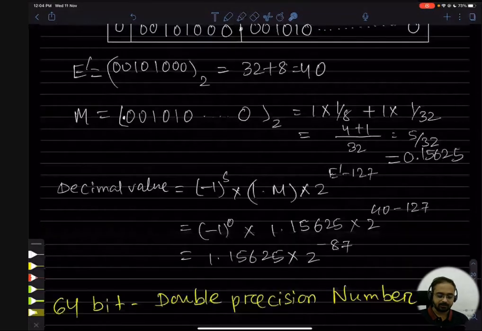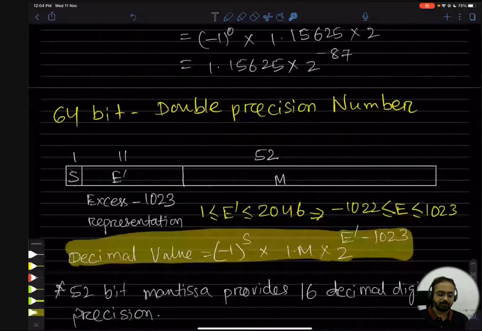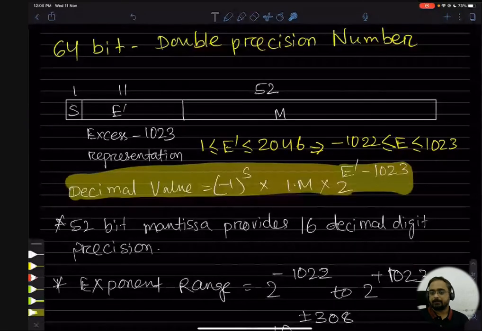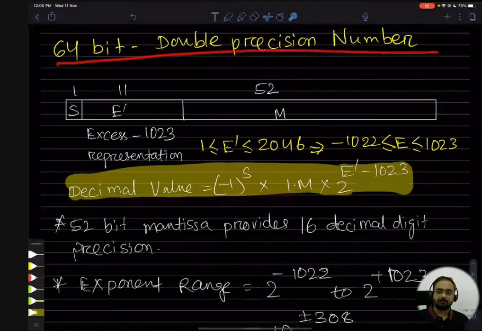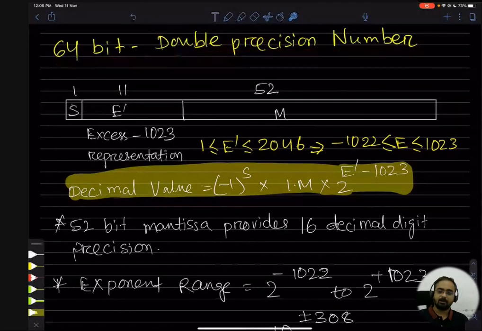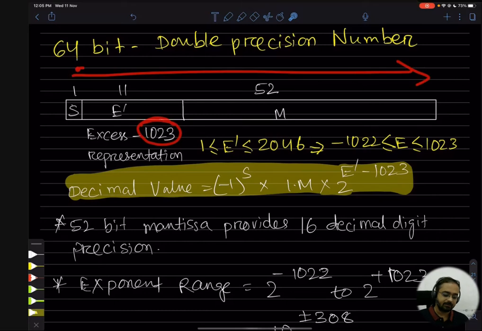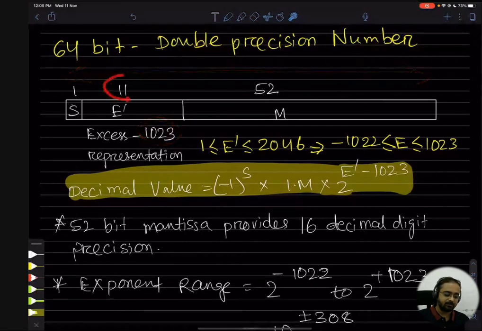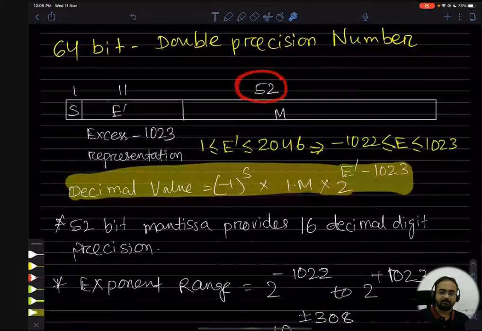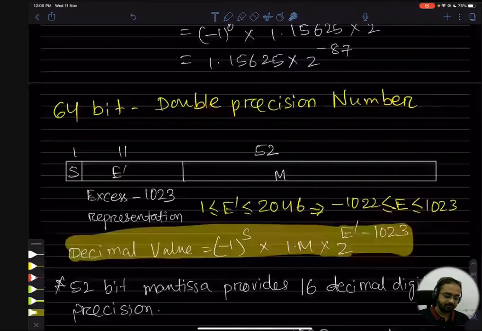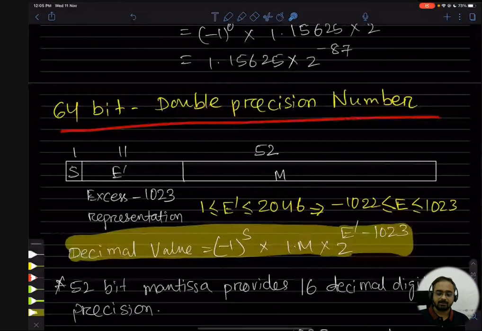This is one question that is coming in your city 2. Okay, then after this there is a 64-bit double precision number. Everything is same, all operations are same, only thing is this part, and the total is 64 bits. So this e dash will be 11 bits instead of 8, and instead of 23 the mantissa will be 52. Okay, so why is there a need of 64-bit double precision number